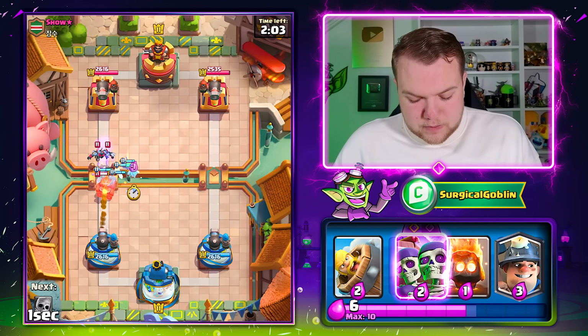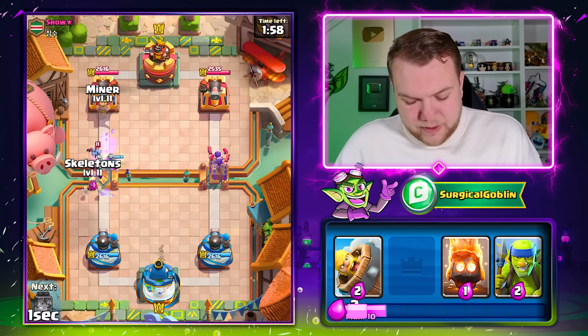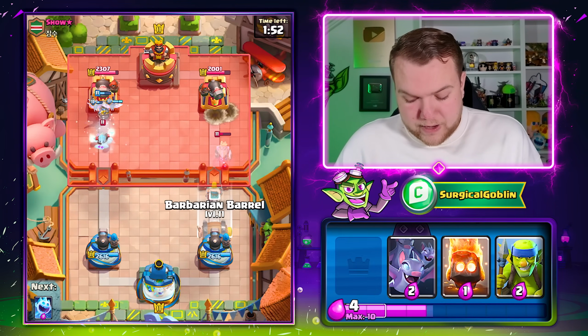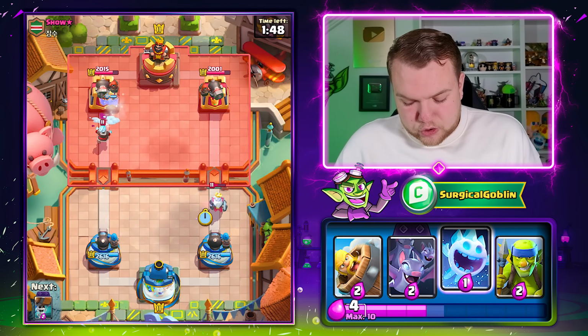He is gonna go with Minions, but that still should be an okay defense. Let's quickly go with Wall Breakers. The bats I think are gonna stay alive, so let's go with a miner left side and let's go with skeletons here as well, trying to get something going on both lanes here. Nice. Okay, I don't think I need to go Barbarian Barrel. I'm pretty sure the Cannoneer should be one-shotting the...